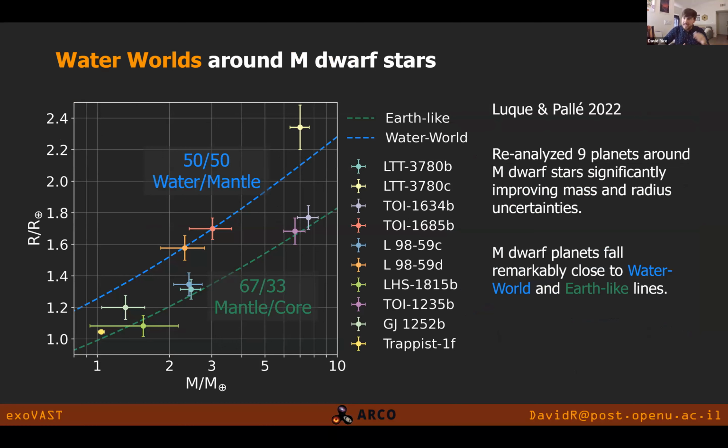So an Earth-like line and a water world line. So these are those 9 planets with isocomposition lines from MAGRATHEA, a mass radius line here, along with TRAPPIST-1F. You can see how amazing the uncertainties on TRAPPIST-1F are. And one thing I did with this is we take all of those different mass and radius measurements, do the same thing with